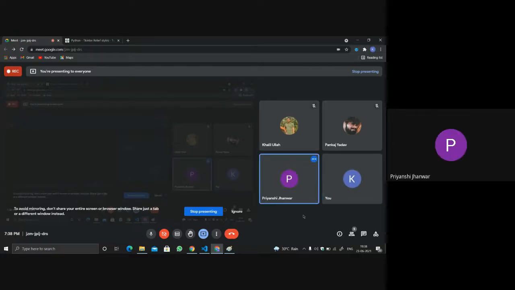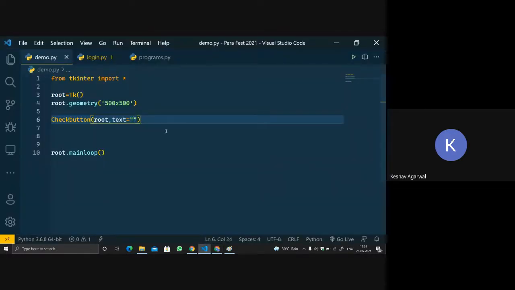Okay, Pankaj, you were telling. Actually, it is somehow just for checking the situation. The output will be boolean or something like that. We can use one or more than one option. Okay, right. Pankaj, it is not necessary that it will give a boolean output. You can make your own output. I'm just guessing about the check button because I'm not familiar with that.